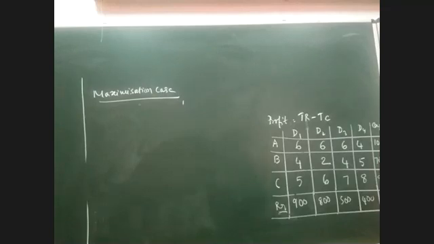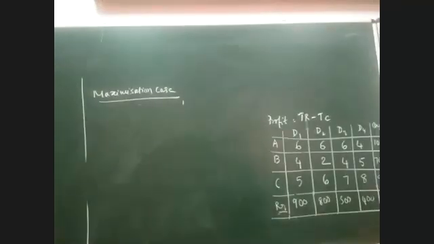Can you please tell me which is the highest value in the entire problem now? In this profit table, you should not take demand or requirement, only the matrix. How much? 8. Yes, sir, 8 is the highest value. Now what are you supposed to do with this 8? Very simple. This 8 has to be subtracted from all the elements of the table. Every element in the table has to be subtracted from the highest value. By doing that, new values will come, and that is called the minimization case problem.